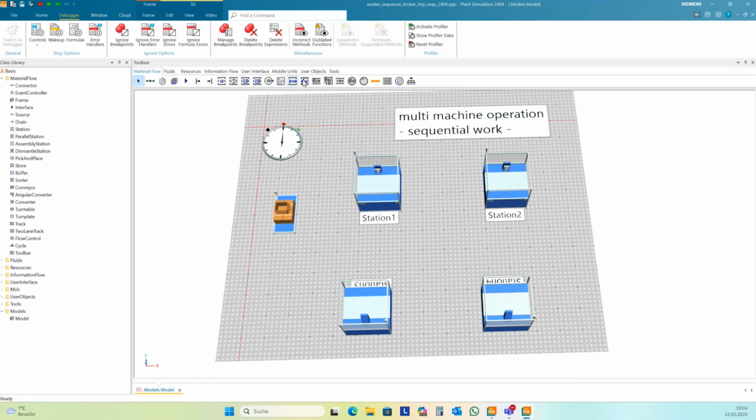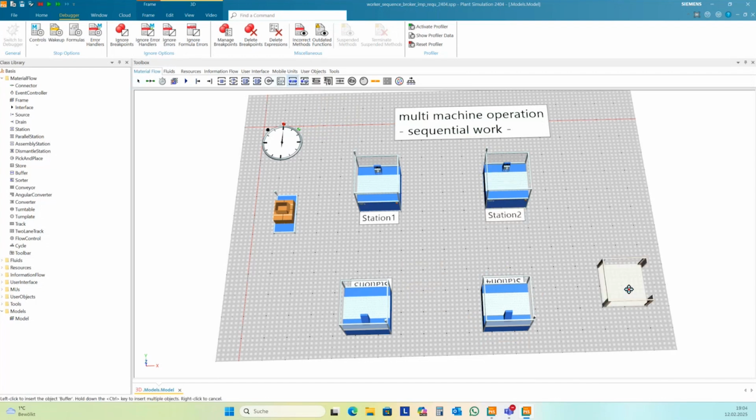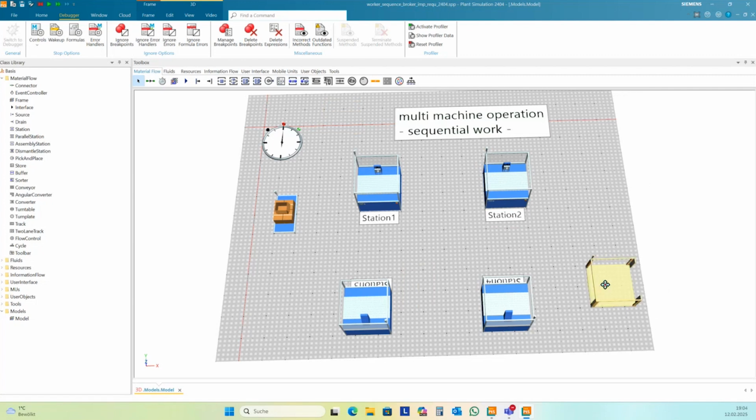And I need a buffer, and this buffer I connect with the train.